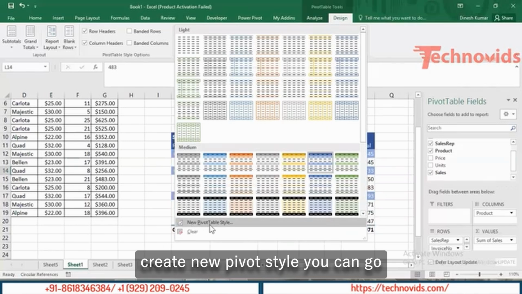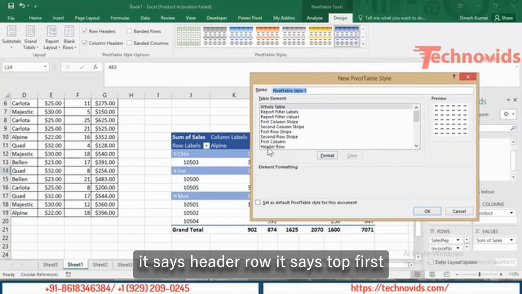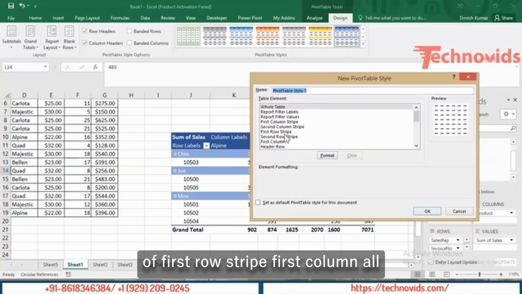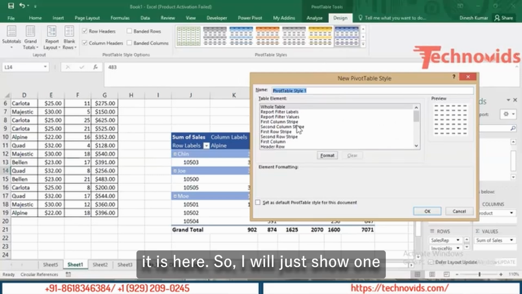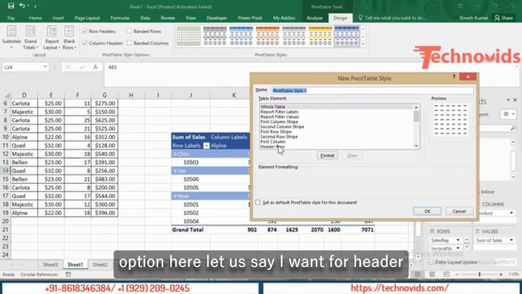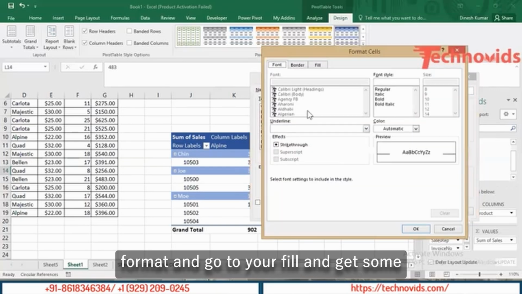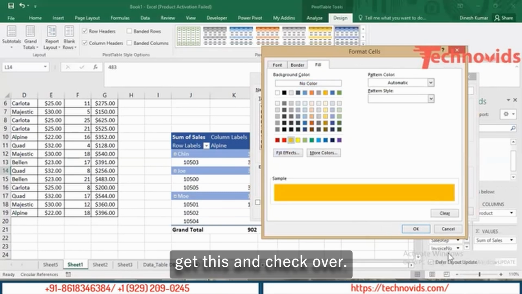Create new keyword style, you can go here and select any one of these options. It says header row, top first column, second column, first row stripe, first column, all those options you have, and you can give a color, border, whatever it displays here. Okay, so I'll just show one option here. Let's say I want for header row some color. I say format, right, and go to your fill and give some color. Let's say I give this and check out,